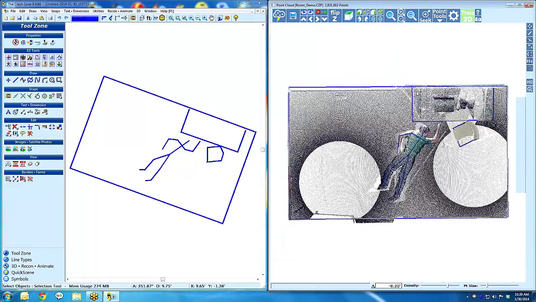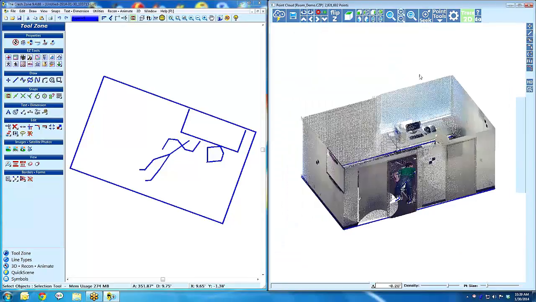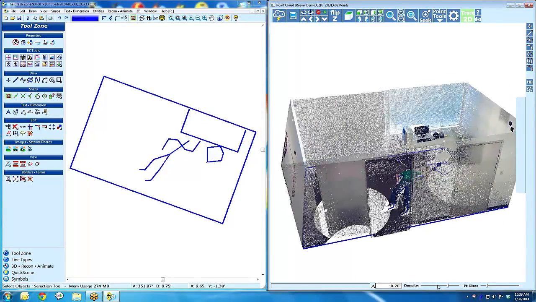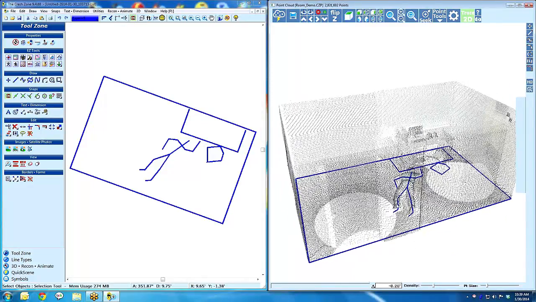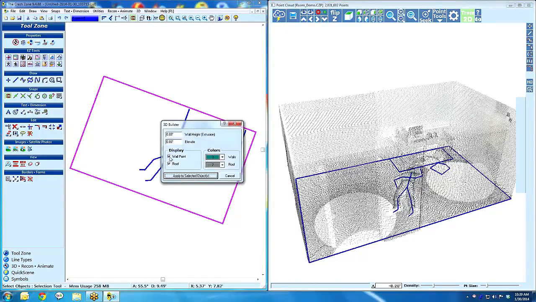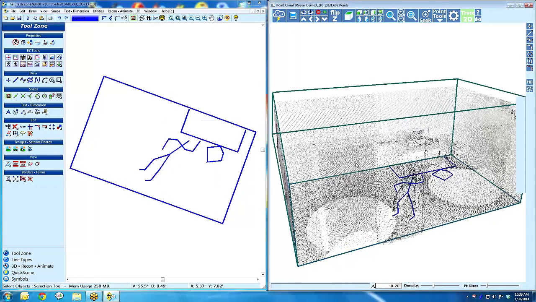Okay, so I've got my outlines in here. I'll go back to this view, and I'm going to thin up the density so you can see it a little bit. So I'm going to click on the outer wall, go to our 3D Builder, and not put on wall paint, and give it an 8-foot wall height, and apply that. Okay, so there you have your walls